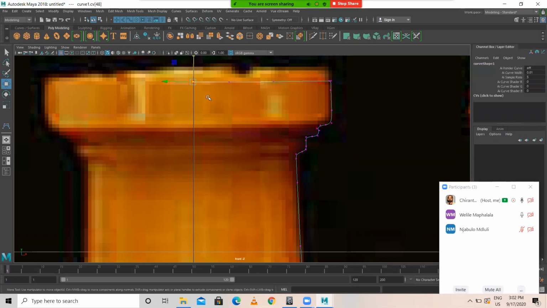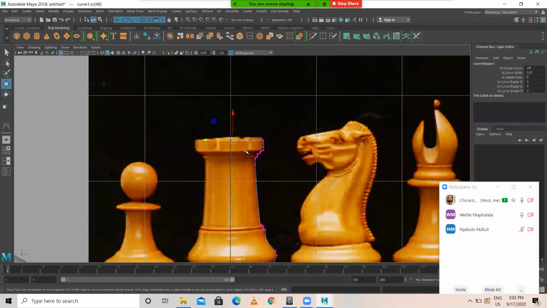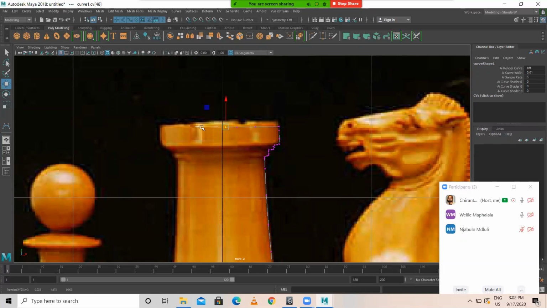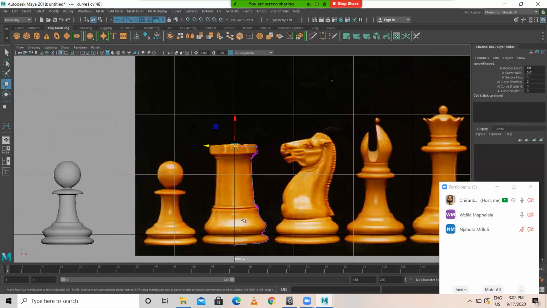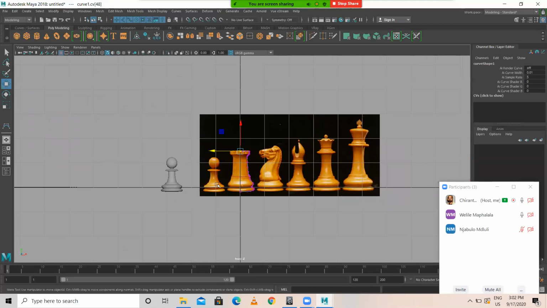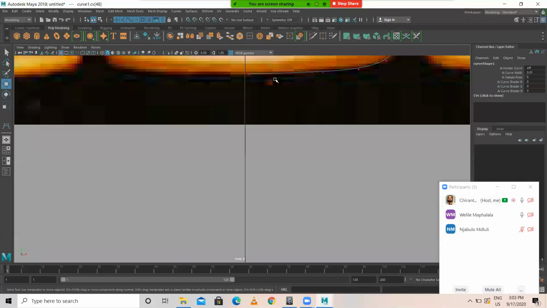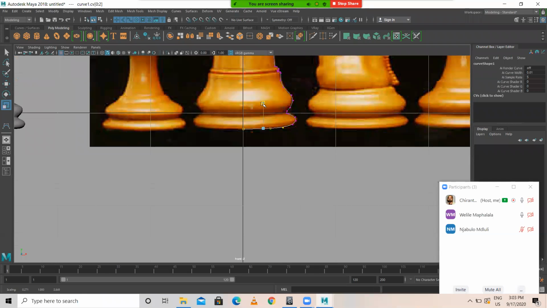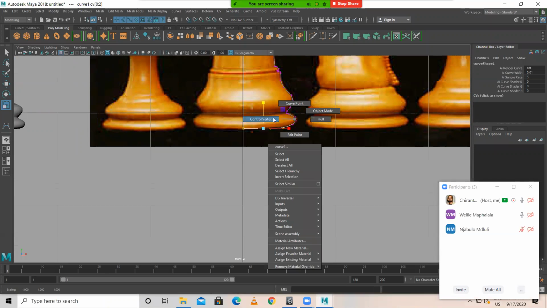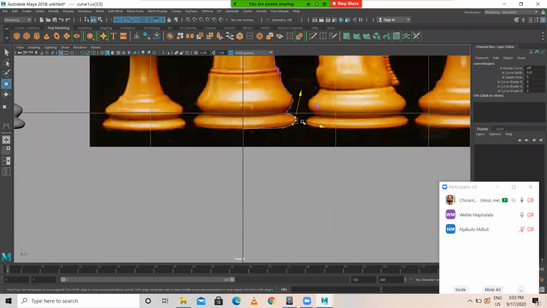Go to control vertex, X, snap to grid. So do the arrangements.